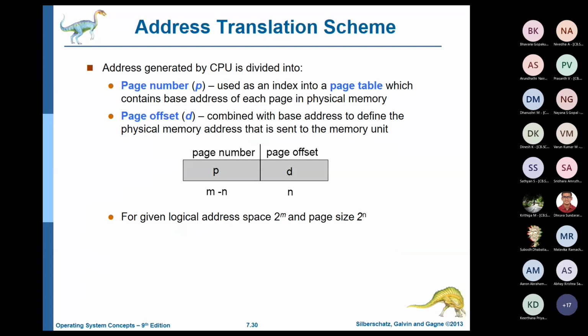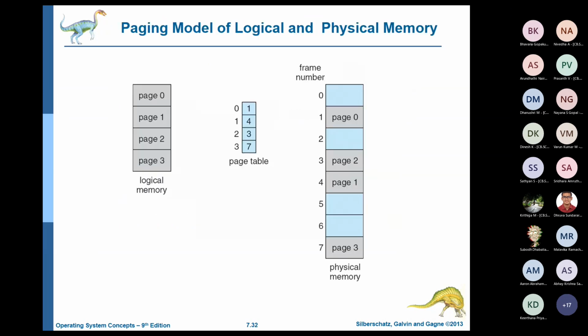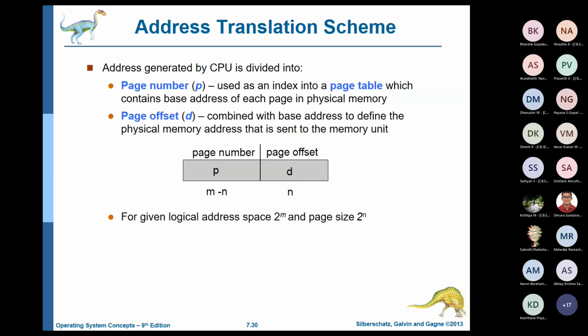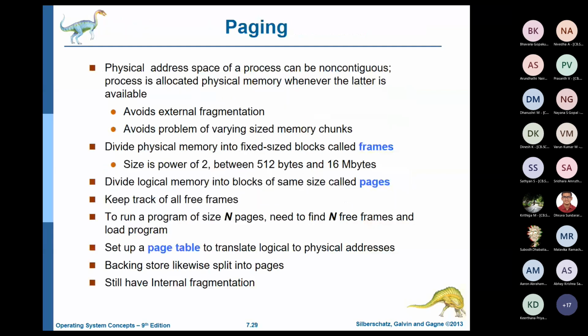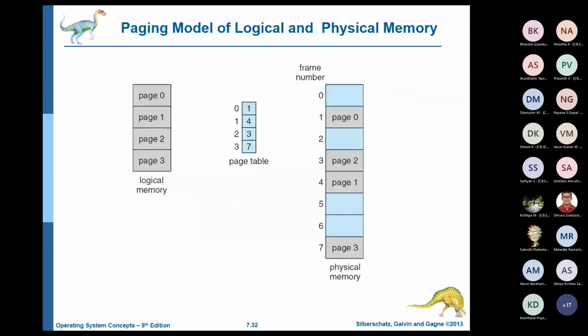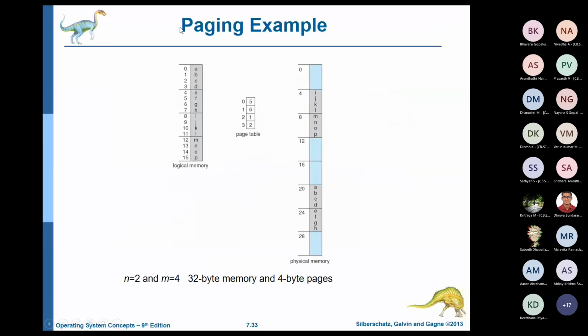So this is a very efficient model of translation of logical addresses, and for every frame there will be a page number and a page offset also. Like an index, there will be a page table. This is a page table. There is an index and an offset, and this is one way of doing the address translation from the logical to the physical memory. Now in paging also you can have more complex kinds of things. You can have more segments. It's not that you just have one frame, one segment. You can have more items in a page also.